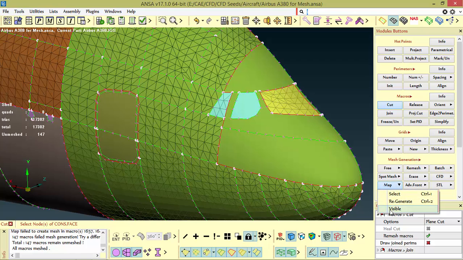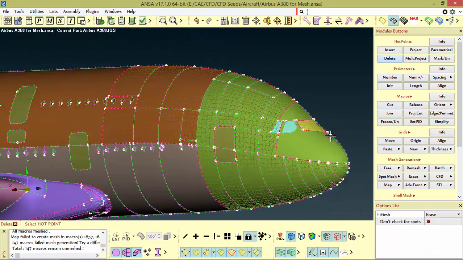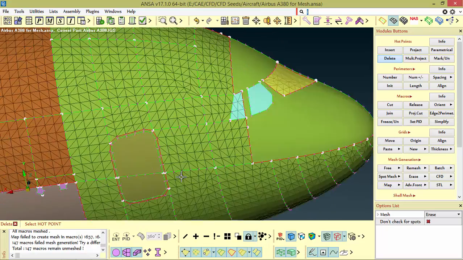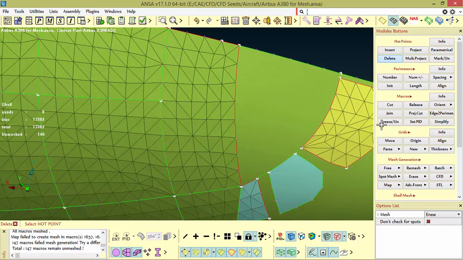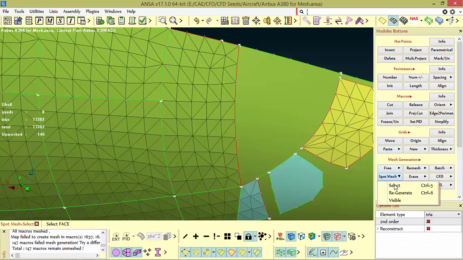I think the cut did not come in the way that I expected, so I just join this and delete the hard point. Want to cut from here to, now spot mesh,